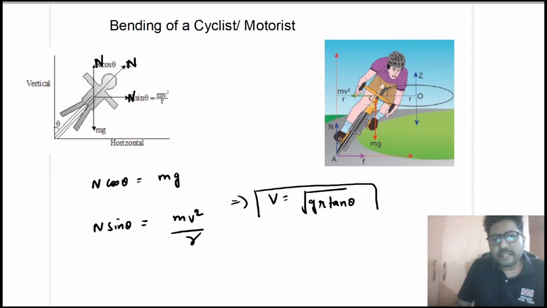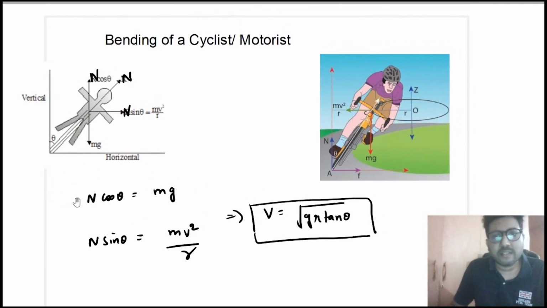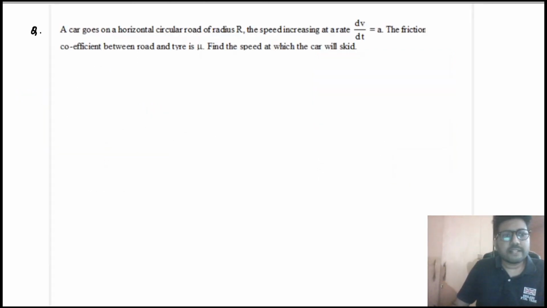So if there is no friction and the cyclist wants to take the turn, he can do it by bending at a particular angle. So the angle and speeds are definitely related. For a given speed, the angle is fixed. But because there is friction on the road, the normal plus friction together will provide the centripetal force, and this will be the same case as banking of roads. In a similar way, they can also ask you, how does an aircraft make a turn? Again, to make a turn, the aircraft turns itself at a particular angle theta such that V is equal to root g r tan theta.